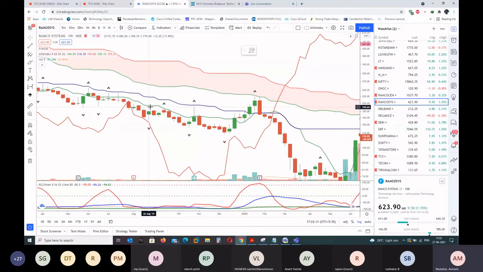If you want to run fast, you need to ensure your knees are fine. If your knees are fine, then only you can run. If your shoes are not good, if they're torn, you can't run fast. So imagine when Chiku span is touching the candle, you have a very bad knee. With a very bad knee, will you be able to run? No, right? You can't run fast. You can't even run slow. So a similar concept you need to apply here.